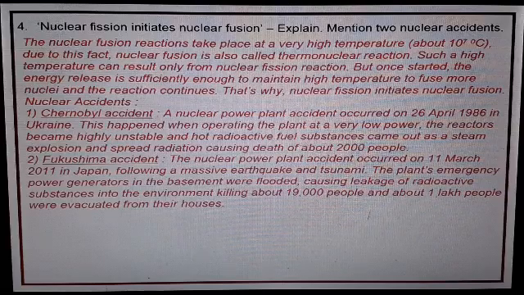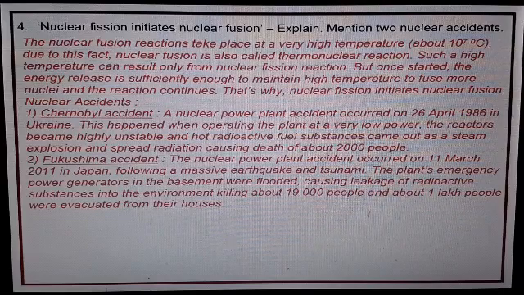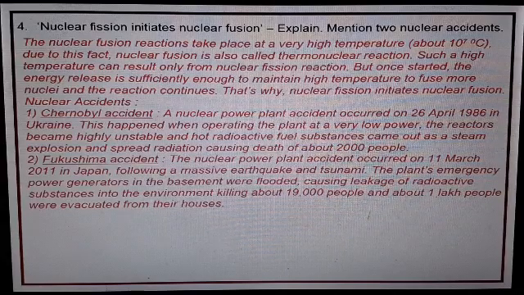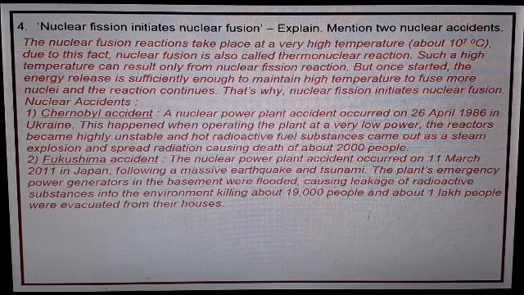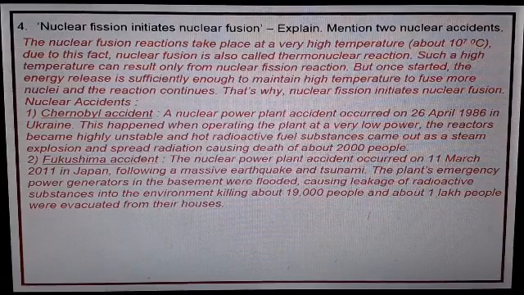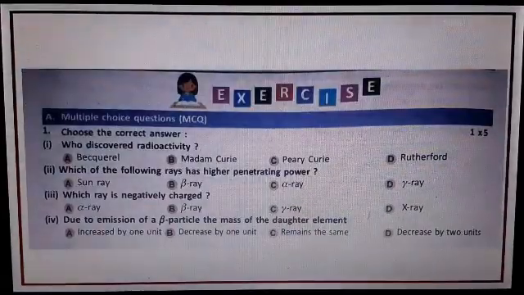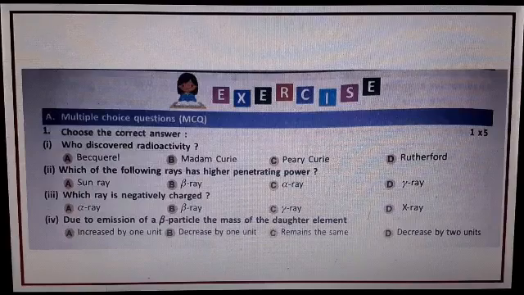a human error, rather it was a natural calamity: after a massive earthquake and a tsunami, the plant's emergency power generators in the basement were flooded, and that caused the leakage of the radioactive substances into the environment, killing about 19,000 people, and about 1 lakh people were evacuated from their houses. Clear, children? So this was all about your question answers, and here I have given some exercises for you to